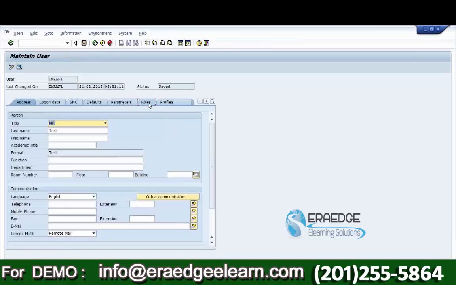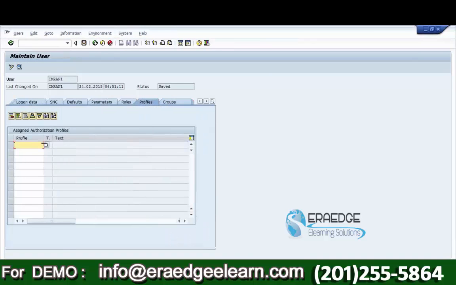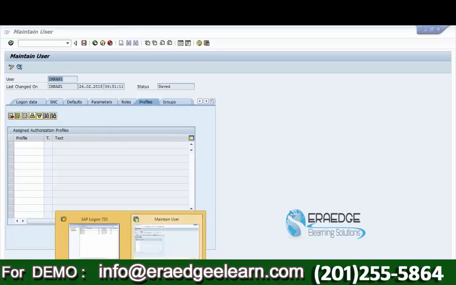Properties of Imran1. Did I assign any roles? No. So even if this Imran1 user ID logs into the SAP system, he doesn't have any access. We cannot execute any T code, neither from the menu nor directly by typing the T code.